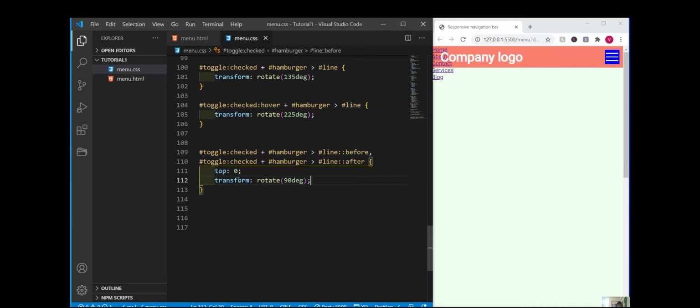Okay, so when you click on it, it will become an X. Whoa, right now I'm active. Click on it again, go back. Click on it, active. Click on it, go back. So we are done with our hamburger menu and logo and navigation